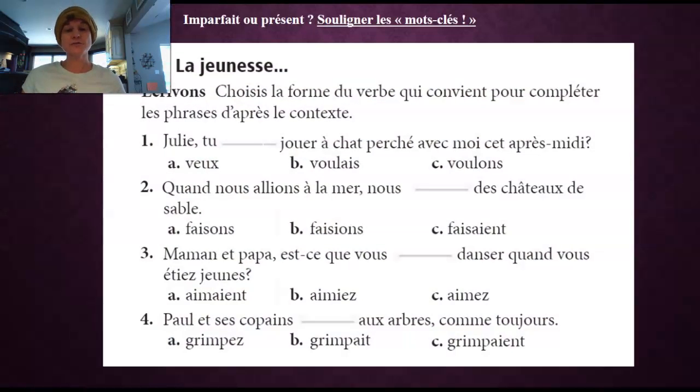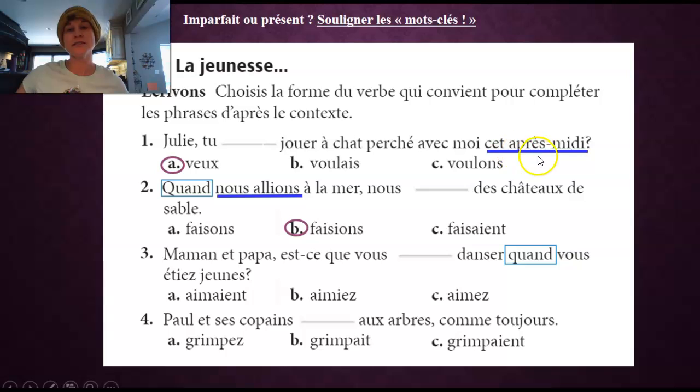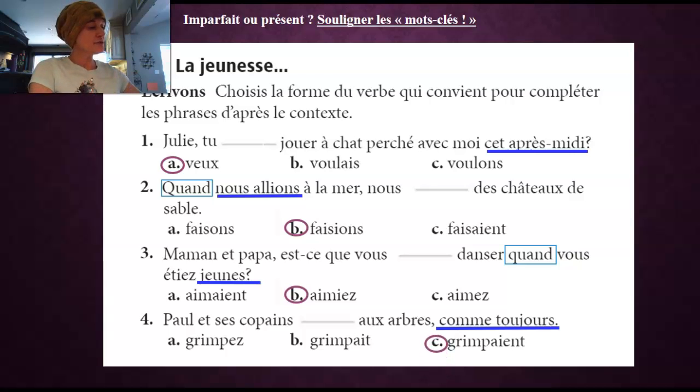Now you're going to choose the right form for the sentence. So go ahead and put it on pause, do the activity, and when you're ready, press play. And remember, you're not always going to use the imparfait. It depends on the sentence, because like in number 1, it was today, in the future. Okay, so once you finish with that,